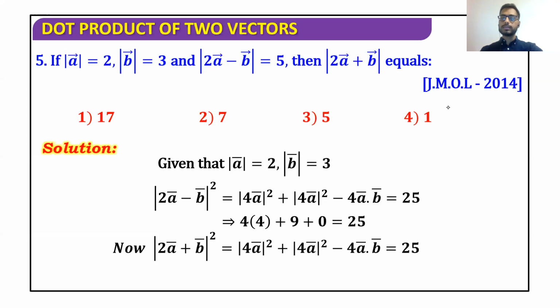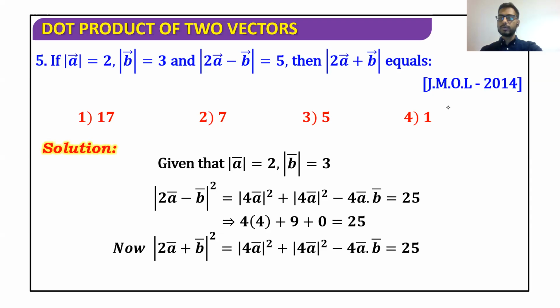Substitute the value of a, it's 2, therefore 2 square is 4 into 4, 16, plus b value is 3, 3 square is 9, minus 4ab, I don't have that value, so consider that value as question mark, which is equal to 25. Equating, I'm going to get 16 plus 9, 25 and 25, cancelling on both sides. The value of 4ab comes as 0.